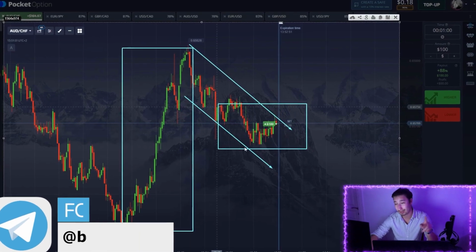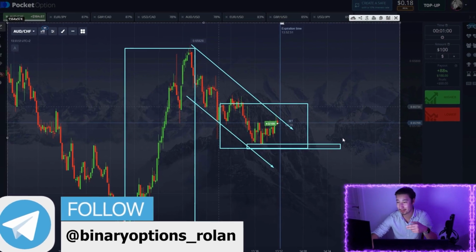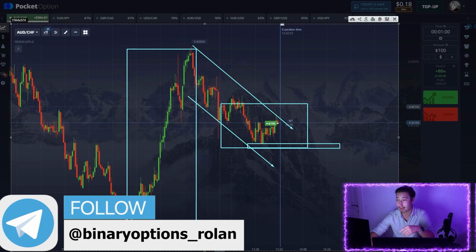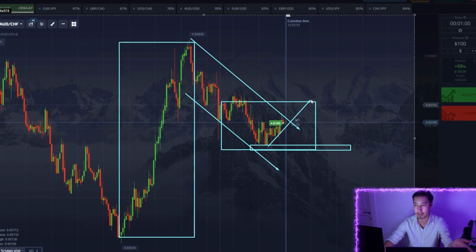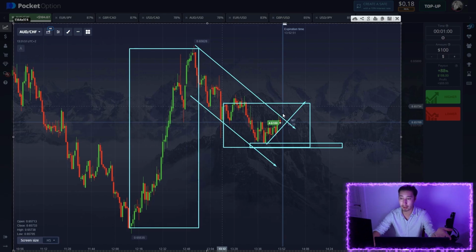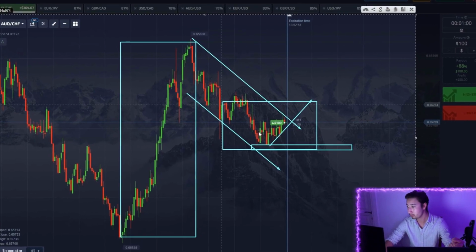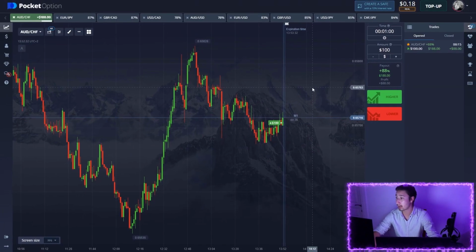The support zone played out here. The level has been formed, and also an accumulation, and then there was a bounce. Breaking to the downside didn't happen. That's why we opened the position considering the current uptrend. As you can see, the breakout is already happening right now as predicted. 30 seconds left,